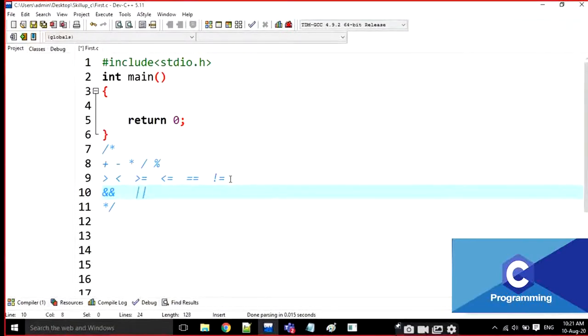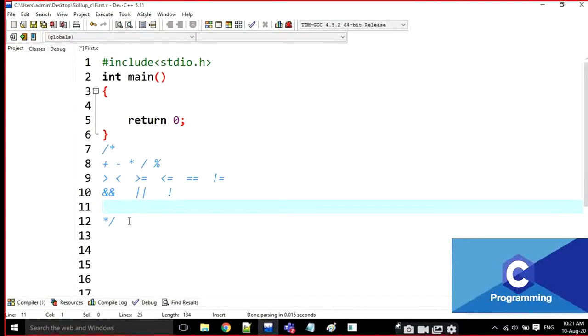The first one, ampersand, is logical AND, and this symbol is the pipe symbol. And the not symbol is for logical NOT. Logical AND, logical OR, and logical NOT are the 3 logical operators.